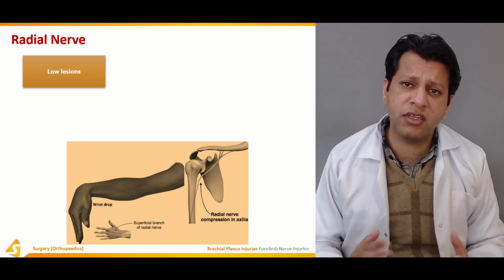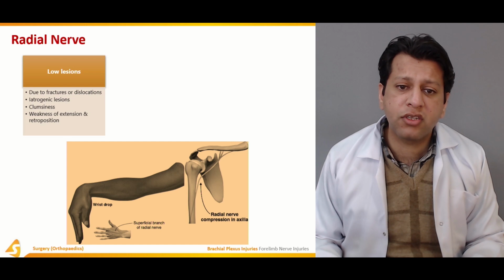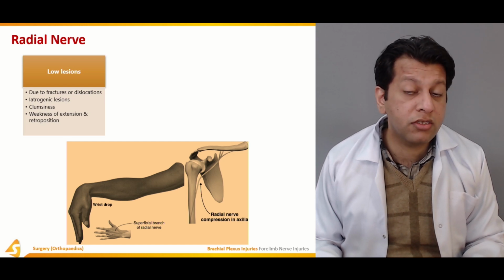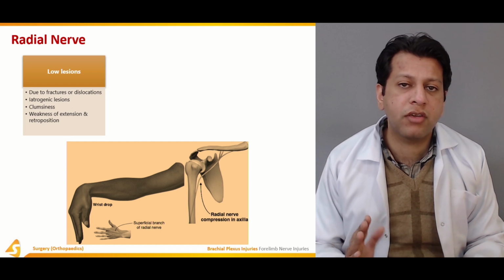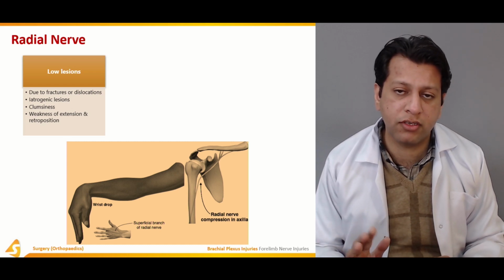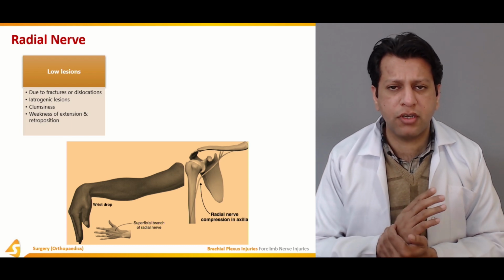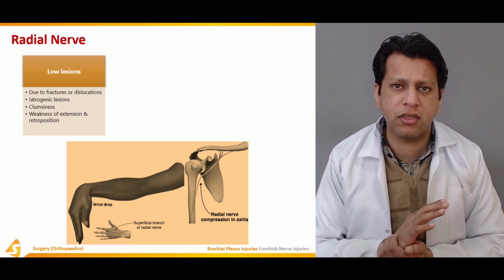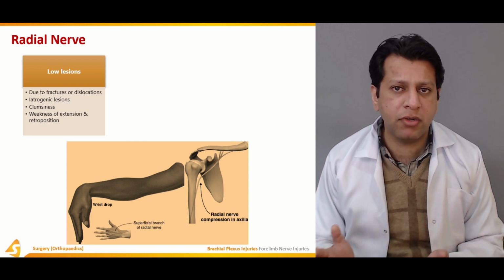If these are injured, then what would happen in case of low lesions? Usually fractures, dislocations and iatrogenic lesions can occur. This mainly leads to clumsiness and weakness of extension of the hand and fingers, because the radial nerve has already given supply to most of the extensor compartment in the